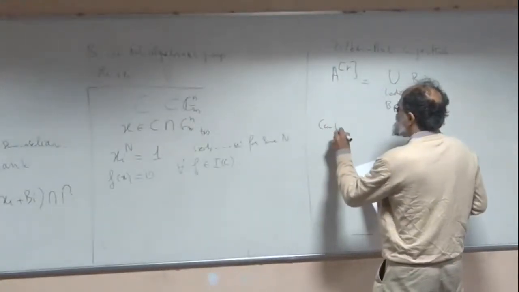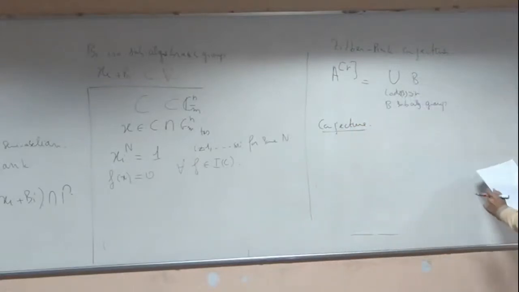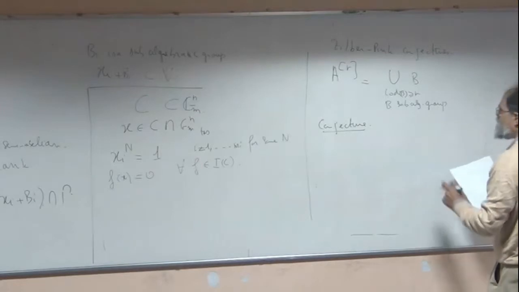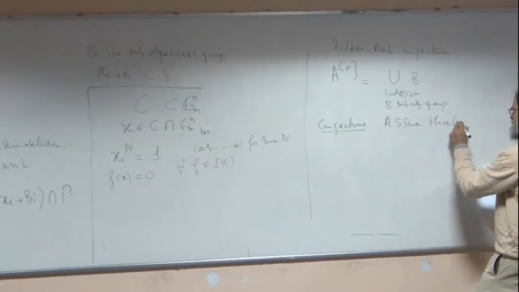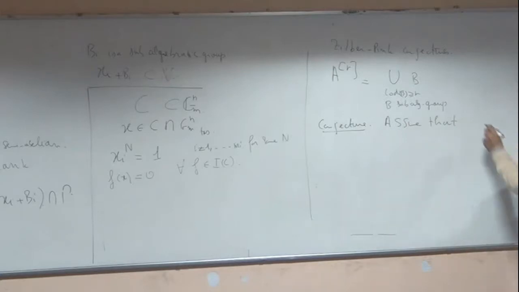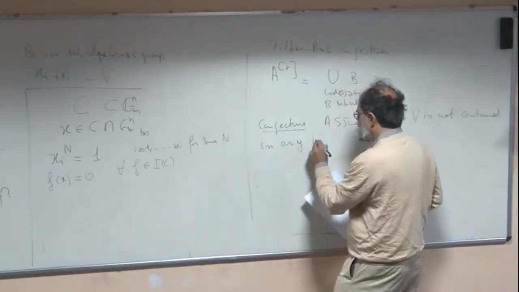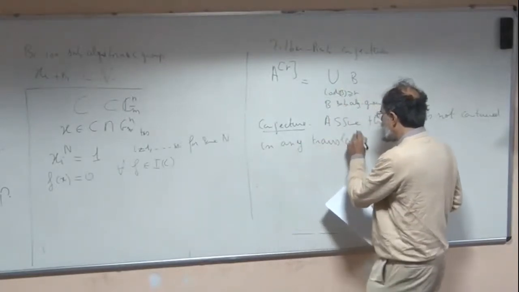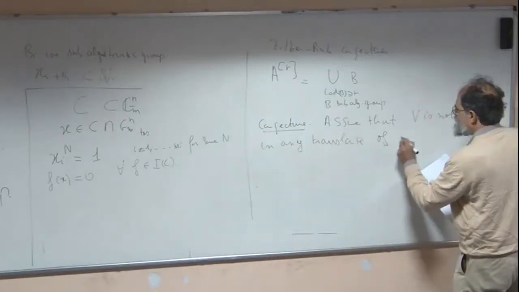So the conjecture would state something like that. So you assume that V is not contained in any translate of a subalgebraic